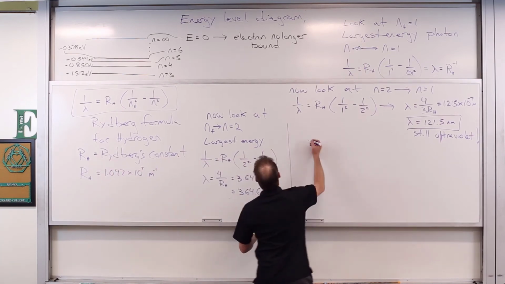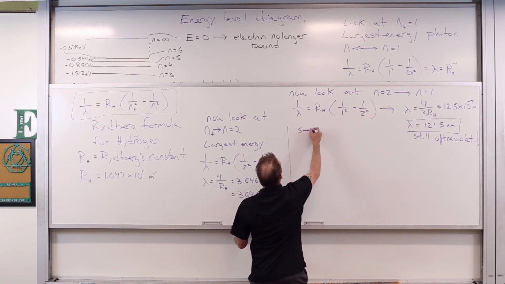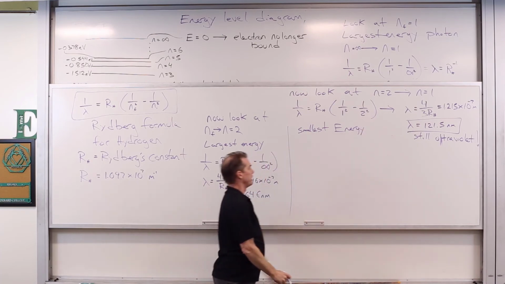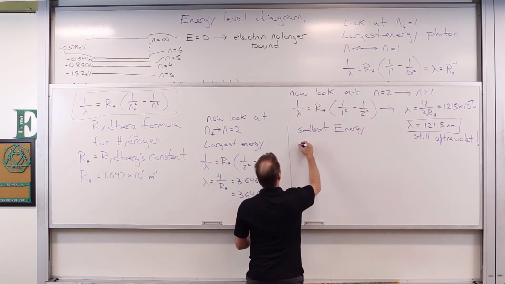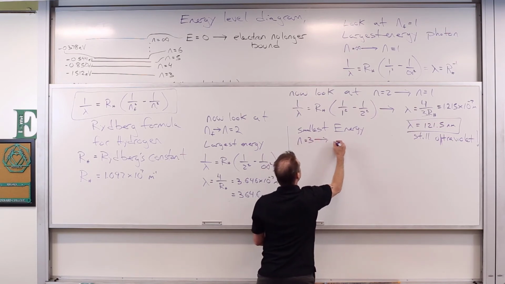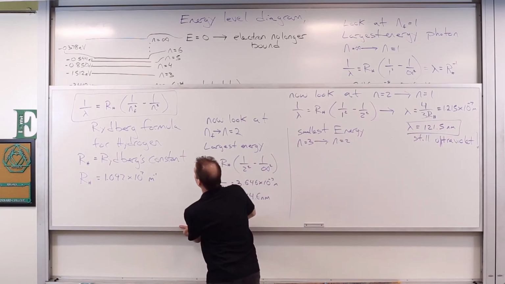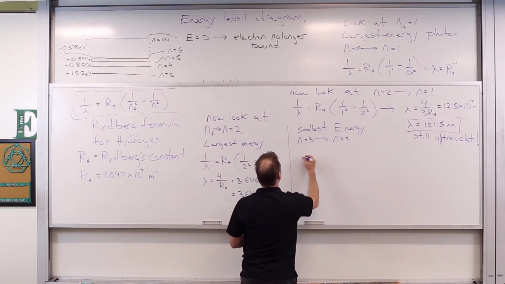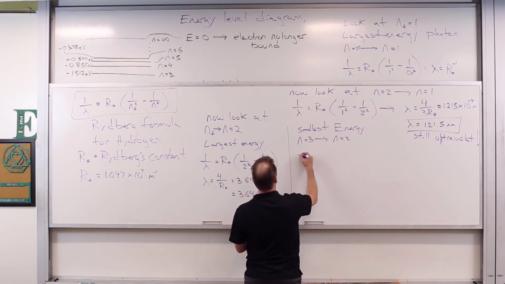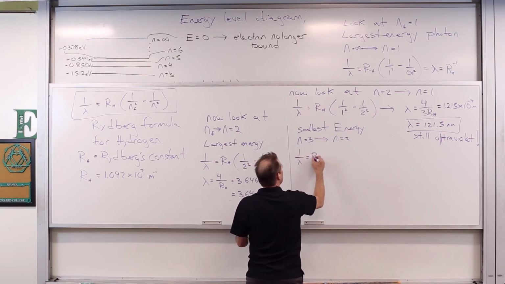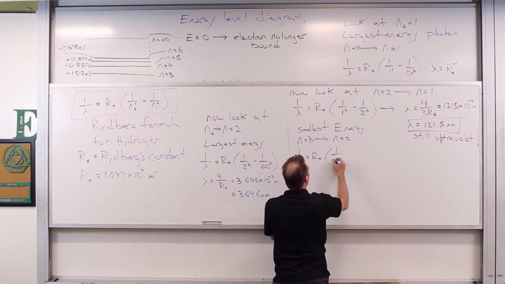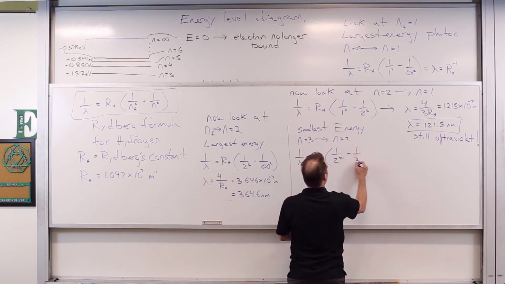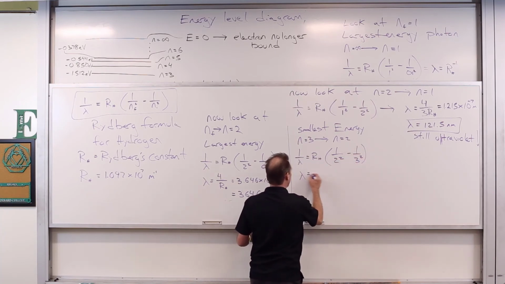So look at the smallest energy level difference that terminates on n equals 2, and that would be n equals 3 going to n equals 2. Smallest energy level difference possible again. We're terminating on n equals 2. And what do we have with this? Well, we've got that 1 over lambda again is equal to r sub h multiplied by 1 over 2 squared minus 1 over 3 squared, which will give us